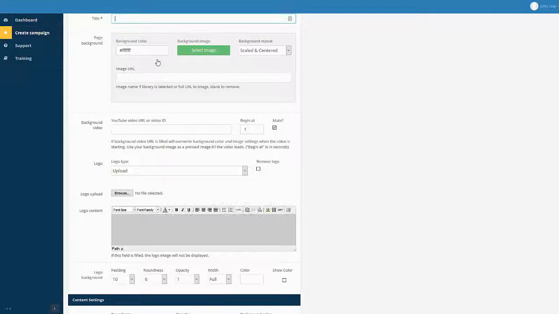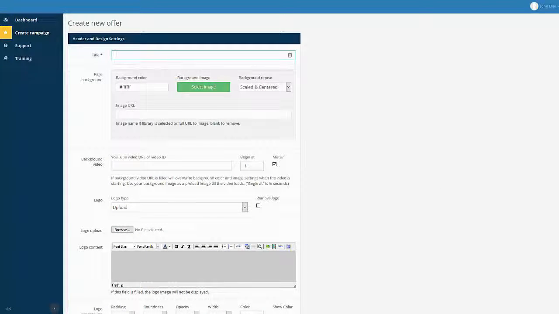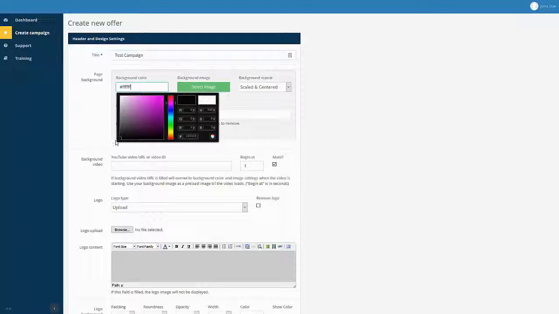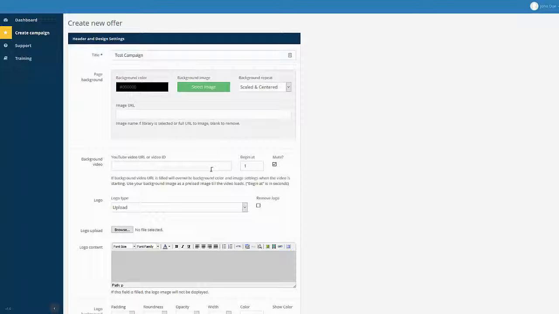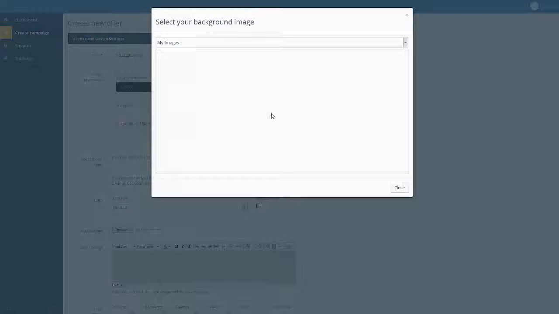You give your campaign a title. Next thing, you set up the page background. This is for a colored or graphical background, but bear in mind it's a video based app, so if you add a video down here, the image up here will not be used, or the color will not be used. It will appear for a second while the video loads, so you can set it to a solid color, then the video will fade in, or you can pick one of the images from the image library,